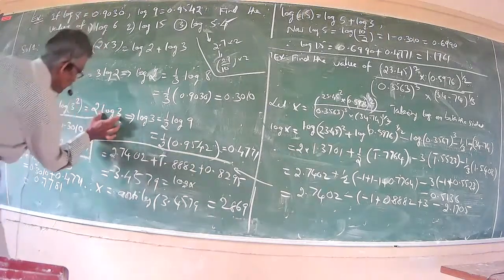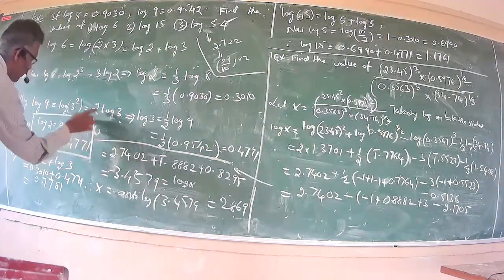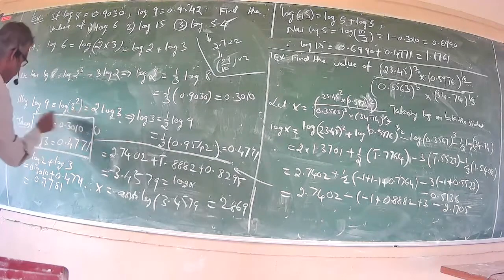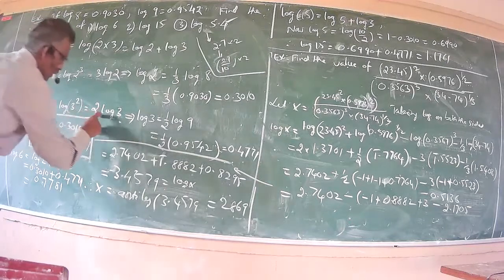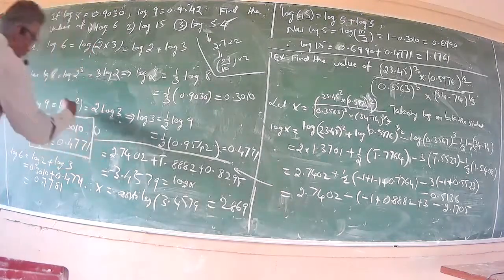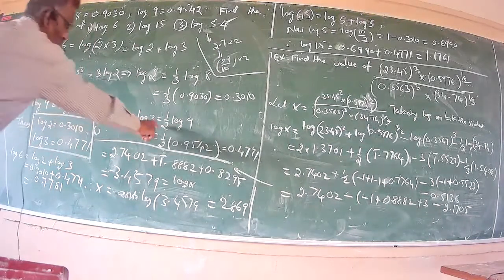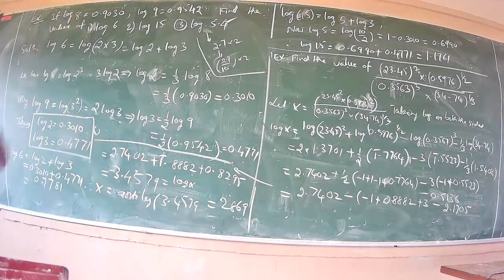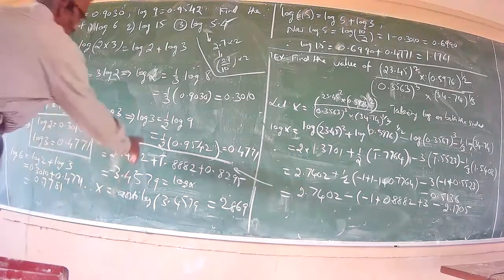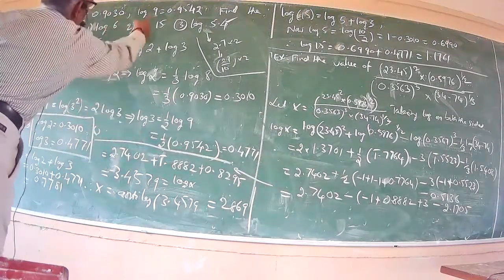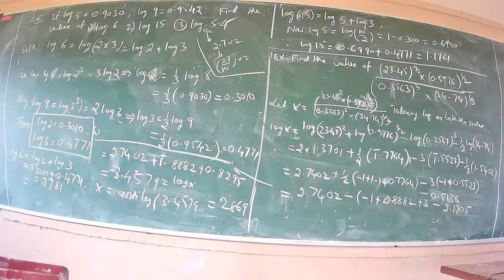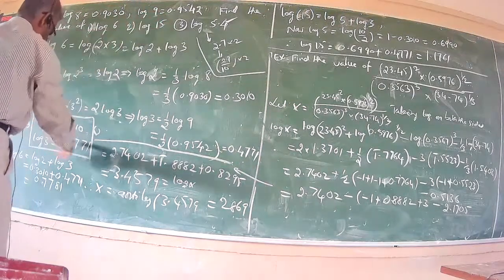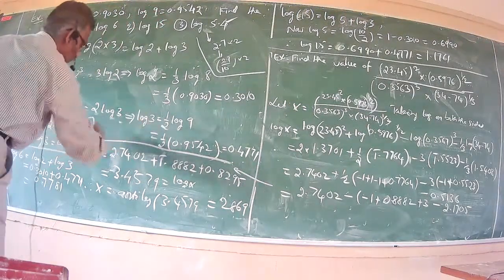Therefore, log of 3 equal to, you have to remove this 2. So divided by 2 on both sides. Here the 2 cancels, so that is equal to 1 by 2 into log of 9. Simple mathematics. Log of 9 is given here, so dividing by 2 equals 0.4771. Now log of 8 and log of 9 can be written like this.